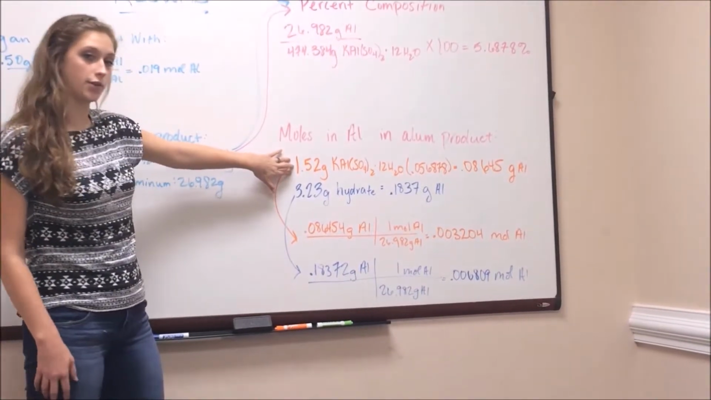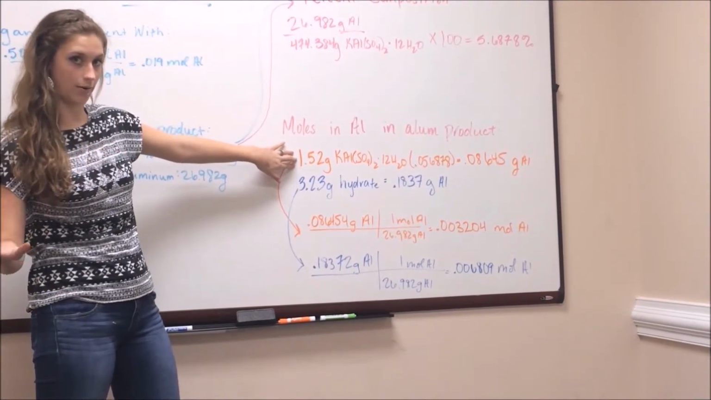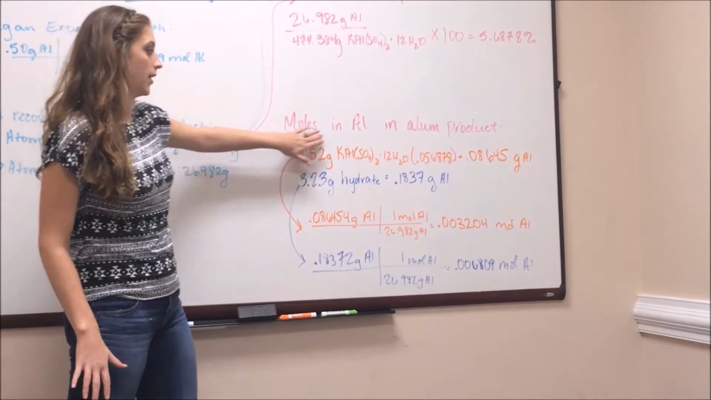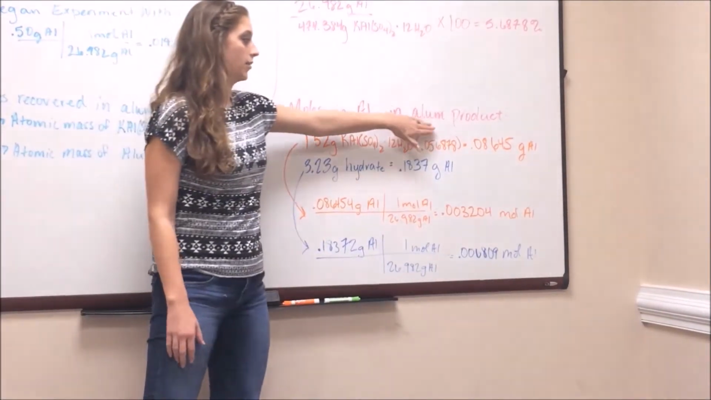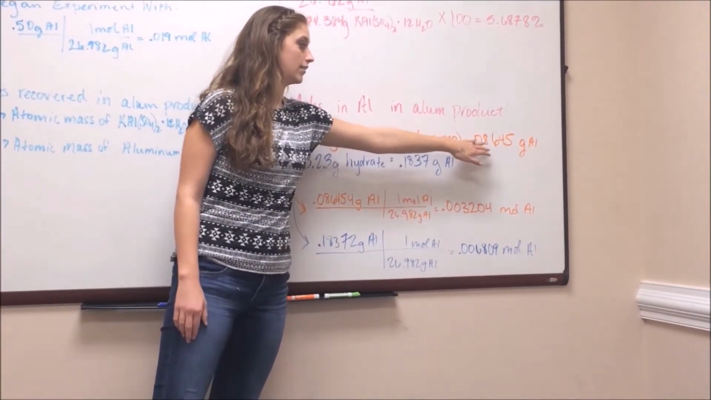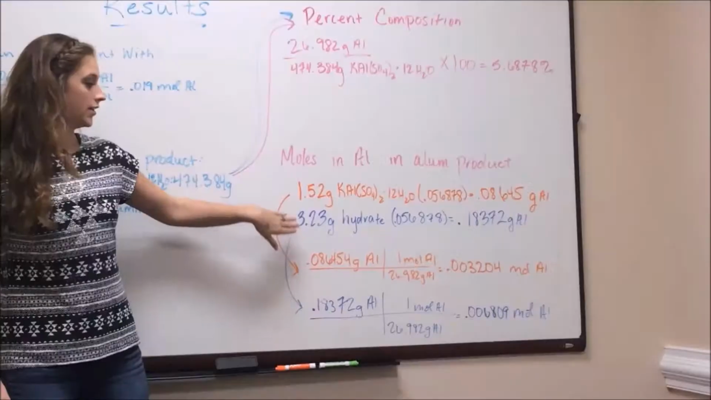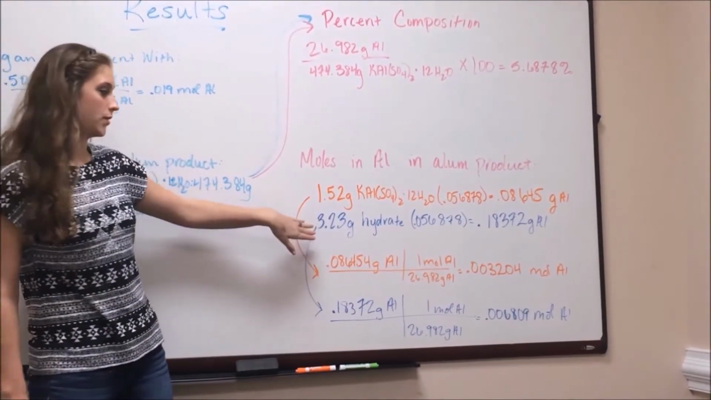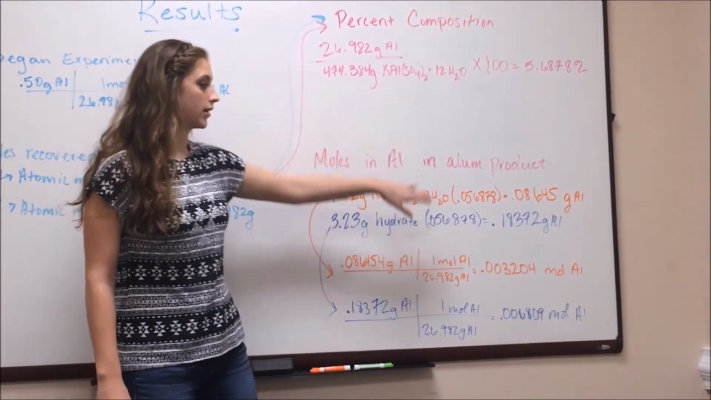Now, the next step in finding the moles of Al in the aluminum product, or the hydrate, is we take 1.52 grams, which is the mass of the crystals at the end of our experiment. We multiply the crystals of the aluminum product by the percent comp of aluminum, and we get 0.08645 grams of aluminum in our alum product. In John's experiment, he started with 3.23 grams of the hydrate, so when he multiplied by his percent comp, he got